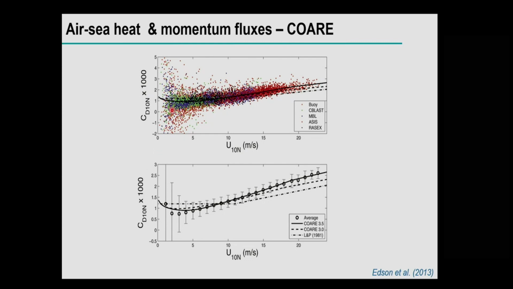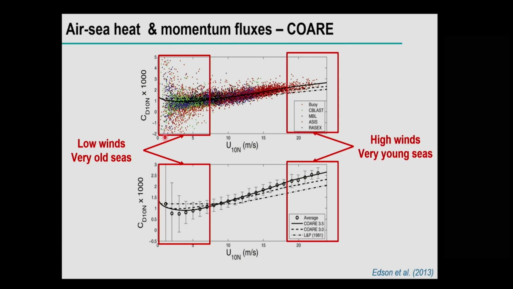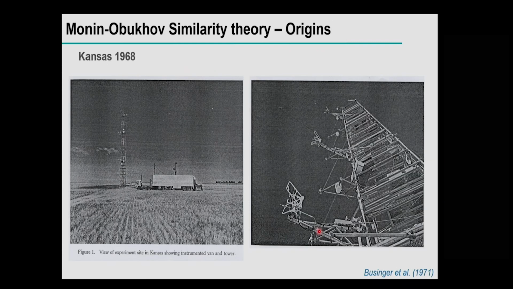Now this is just the measurements, and you have to note that direct measurements don't go beyond 25 meters a second. And it does okay in the mean, but as already discussed, there's a lot of scatter in the low wind range, and this is where we have more the mature seas, and you even have negative drag coefficients, which means momentum is given by the waves back to the atmosphere. And then there's a question of what's going on here at high winds that was discussed. So I'd like to take a step back and actually talk about